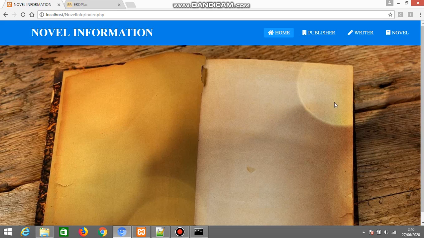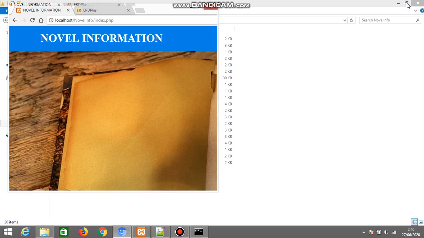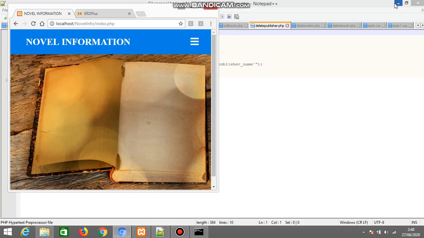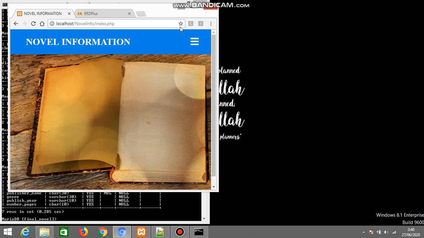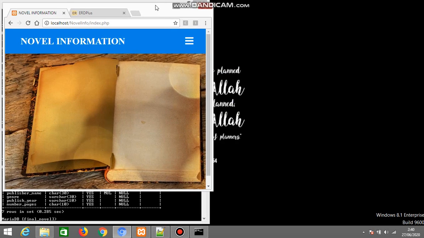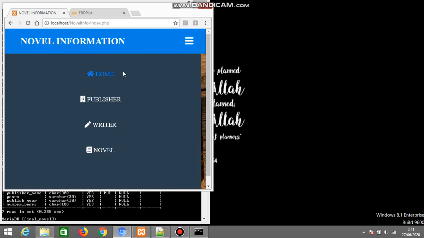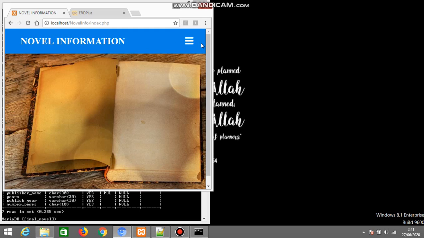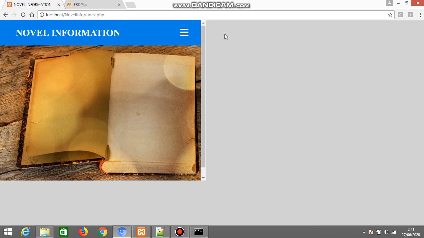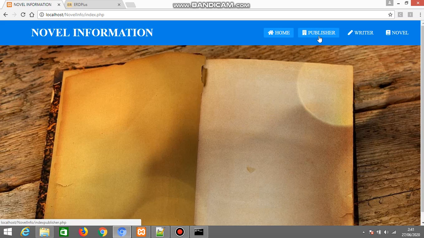And when the page is minimized, the display is like this. And we will try to use this information system for the